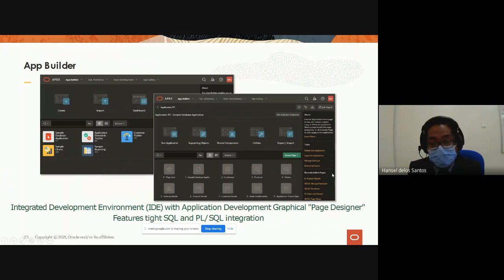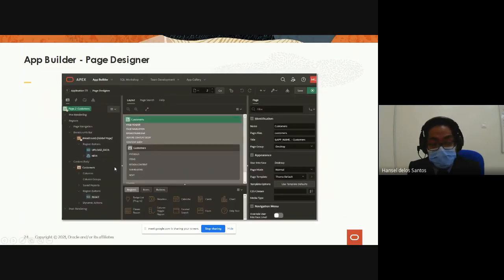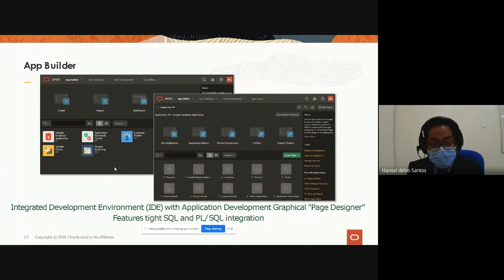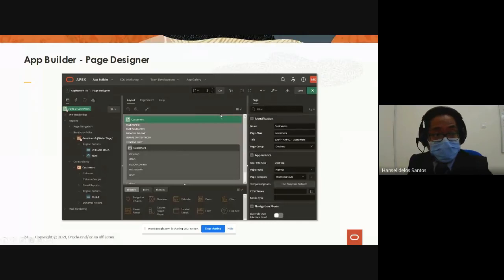Application Builder is where most of the application developers are developing their web applications within this IDE. And it is, of course, more intuitive, and kind of graphical, more graphical application development, in the Page Designer. This is also one of the very popular page designer IDEs, where you will see all the hierarchy of all the page items that you will find within your pages,